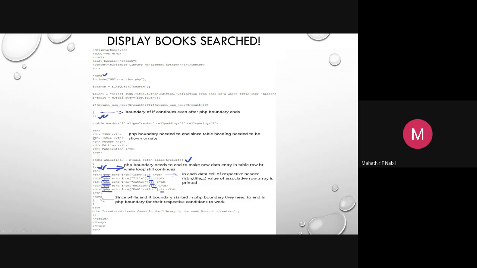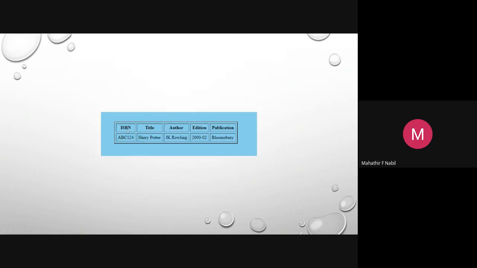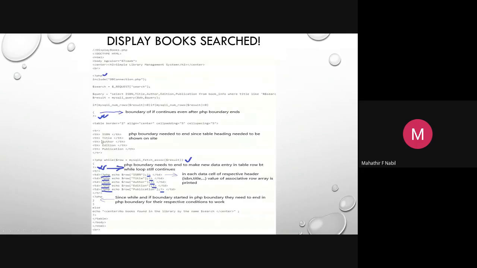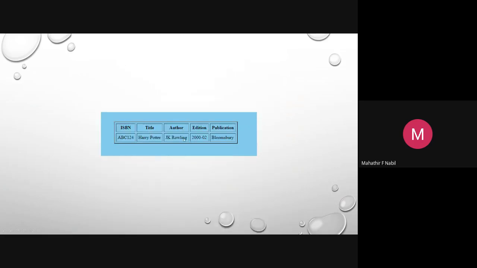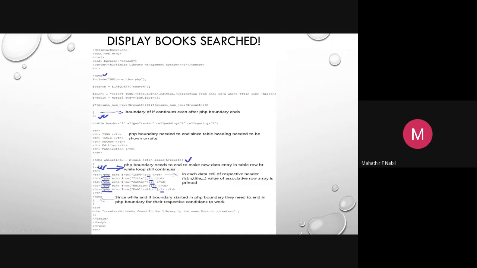And then here you can see that these are table headers, right? So in the table, these are table headers. Okay, table headers have been declared, have been written, and then the table row has been closed, and a new table row will start. Before starting the new table row, we are declaring, what? We are declaring